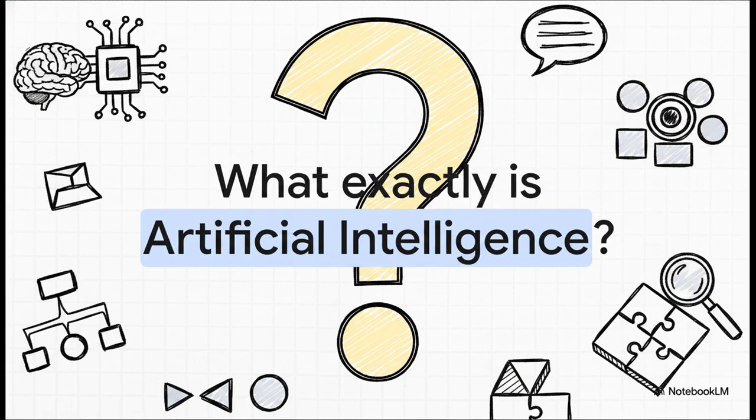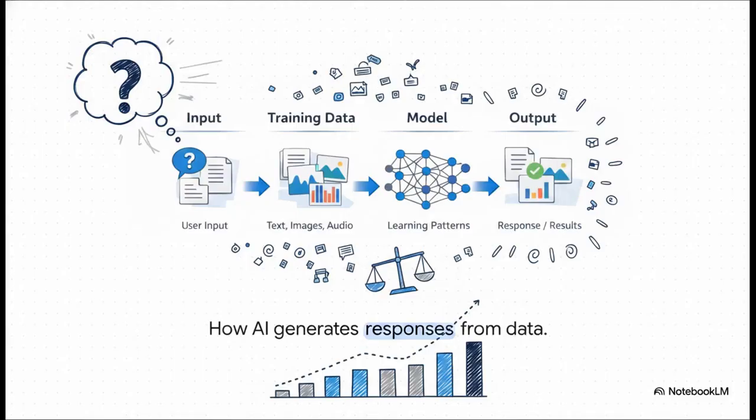So think of it less like a robot with a conscious brain and more like a highly advanced, ultra-fast pattern-matching intern. But how does a machine actually pull that off? Well, when we look under the hood of modern AI, the workflow is actually surprisingly straightforward. It starts with your user input, which the system then compares against massive amounts of training data. It passes this info through its model, identifying these complex statistical patterns it learned during its training phase, and boom,